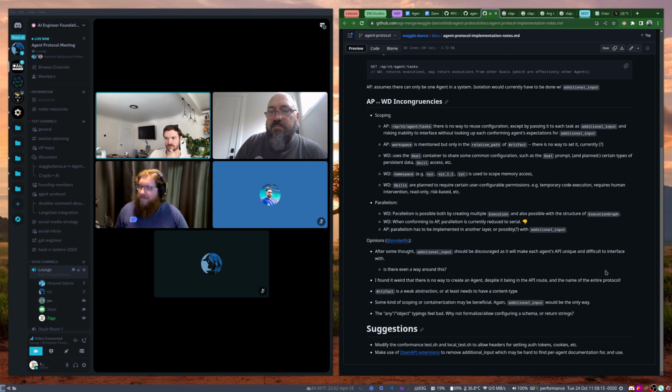On the surface level, it was just an incompatibility between my modeling and the agent protocol. But I think a lot of it could be alleviated if you just had the concept of a new agent, or some boundary before task, I guess. Then you could spin up multiple containers of tasks that could be run in parallel, whatever the orchestrator is figuring out.